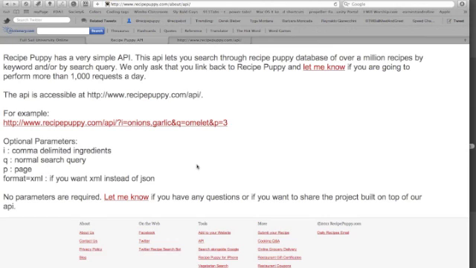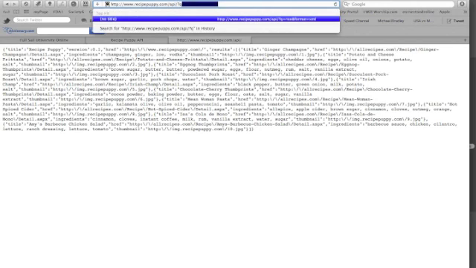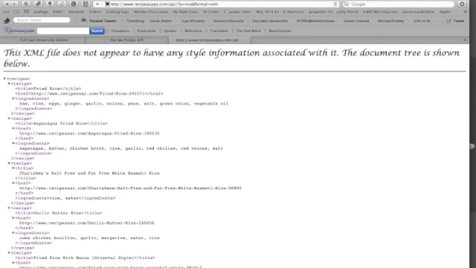For an example, I can go here. If you go into the API right here, this is all the XML that I'm going to be using, and all I have to do is let's just do an example. I'm going to type in Q equals rice and format equals XML. Here we go. It just pretty much gives me all the XML for the search of rice in different